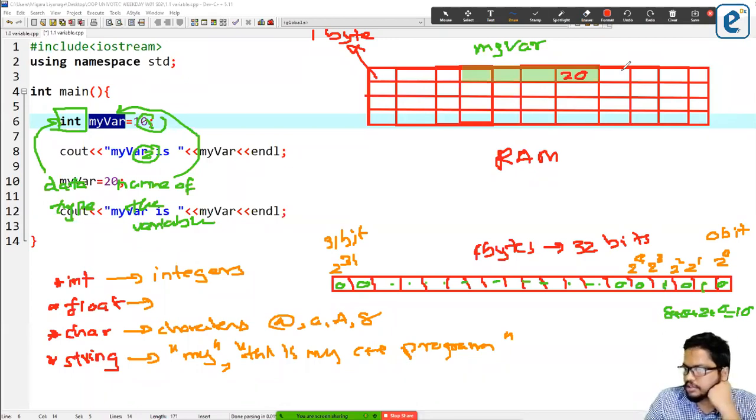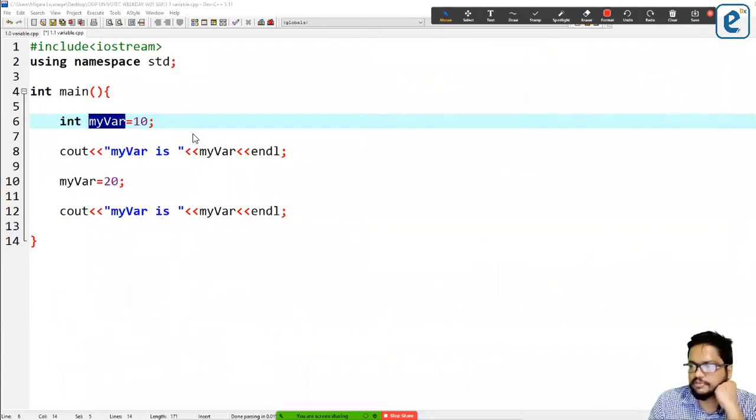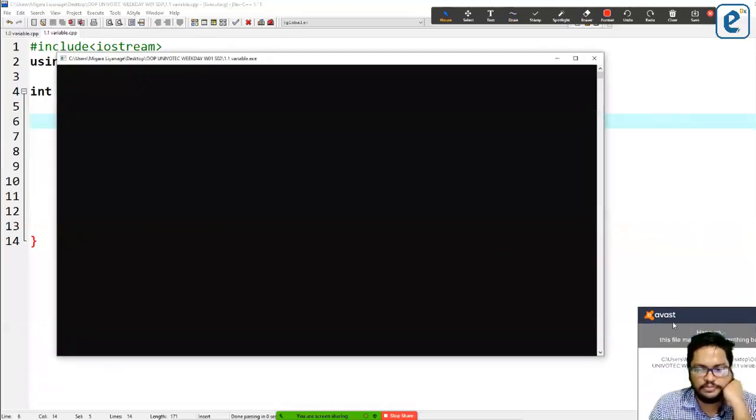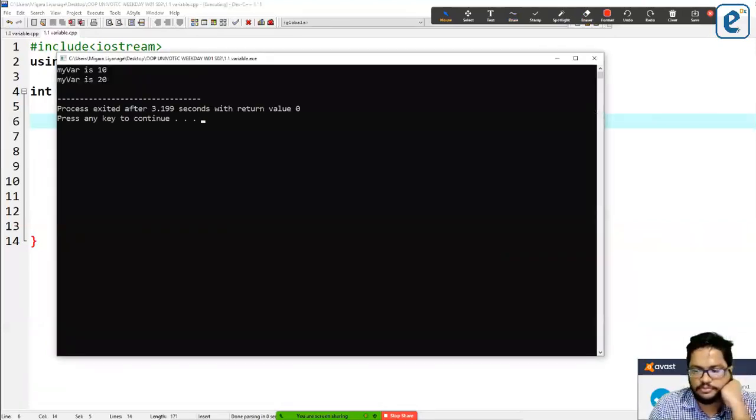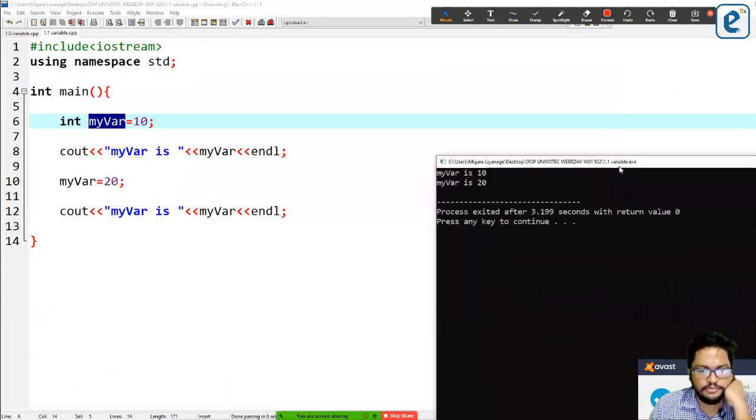Got it? 10 will be removed and 20 will be assigned. So let us run this and see. I created the variable and I printed it, and then I changed it and I printed it again.